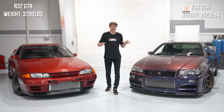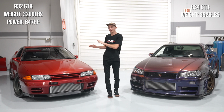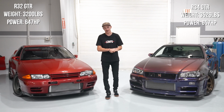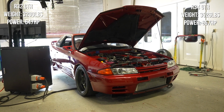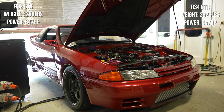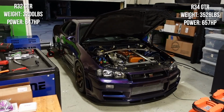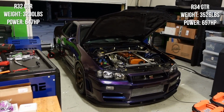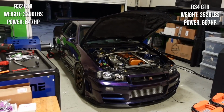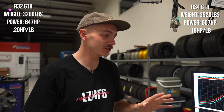Power-wise, these cars are actually incredibly similar. The R32 GTR that was just tuned made 647 horsepower, when the R34 made around 657. As expected, the R32 GTR has a clear power to weight advantage, but what's interesting is when we look at